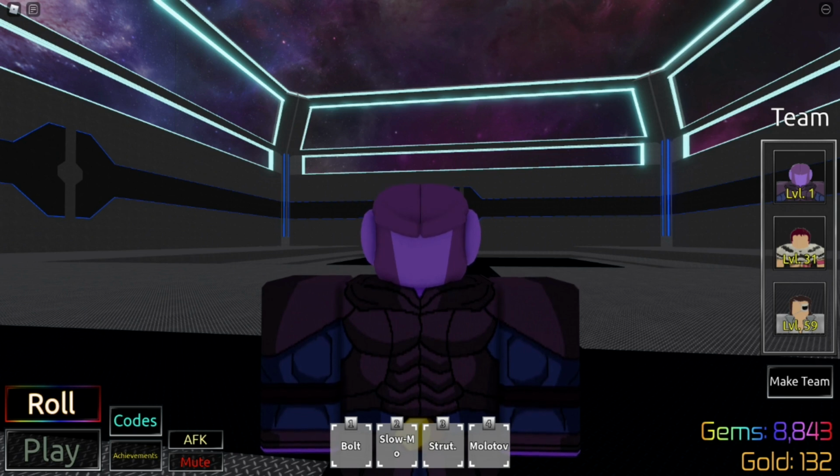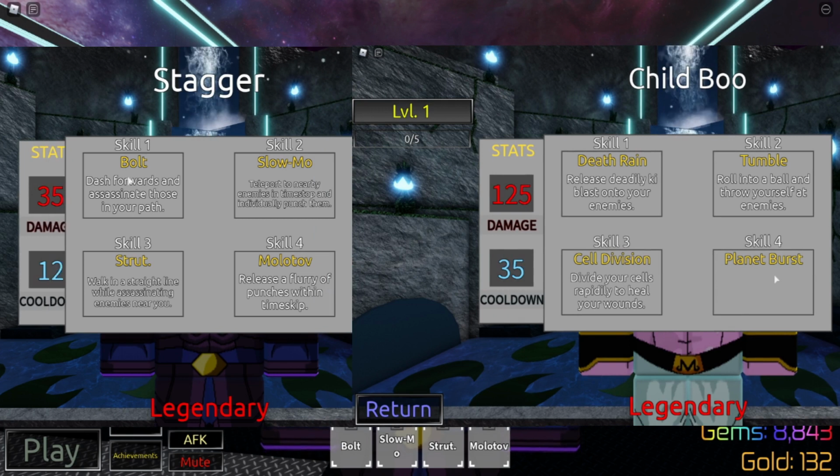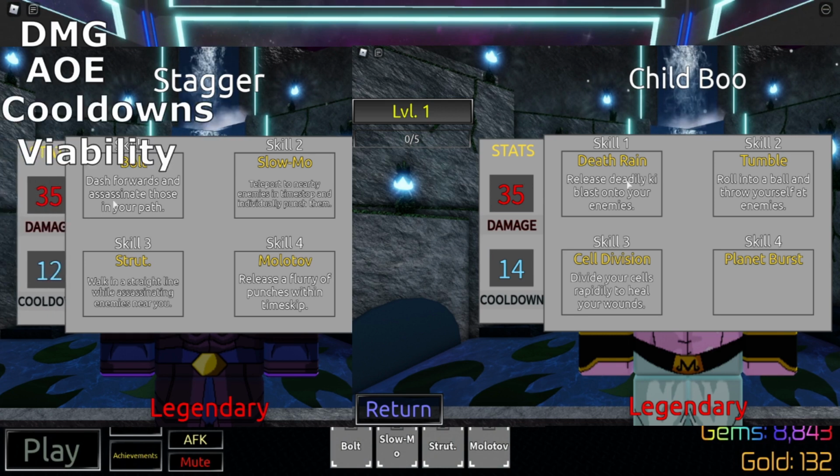Alright. So let's start comparing these two characters. We'll start off with Hit. So on the screen, you'll see a split screen between Hit and Buu. You'll see the difference between their actual skills and the stats on them. So let's start with Hit. Like I said, we're gonna rate this on damage, AoE,